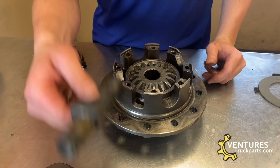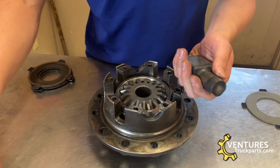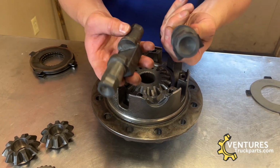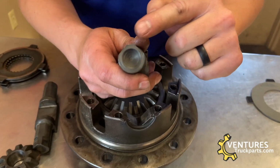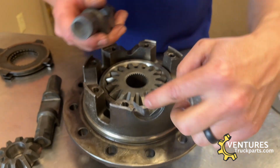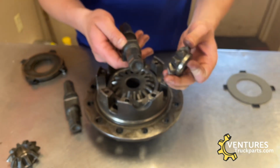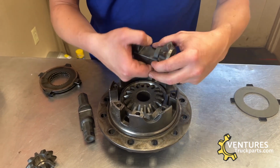Okay, so then the next piece we're going to need to do is the spider gear kit. So the cross of the spider gears separates into two pieces, and if you look at the cross cut section of this pin, you can see that it's angled cut on one end that will correspond with the angle cut in the carrier case. So when you put this together, you're going to want to put diff fluid in between the gears and the pin,